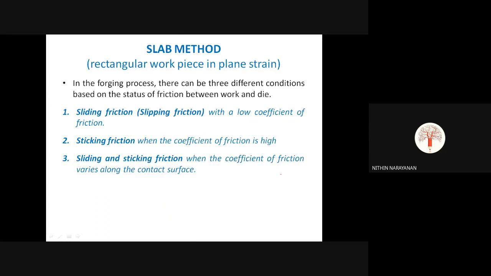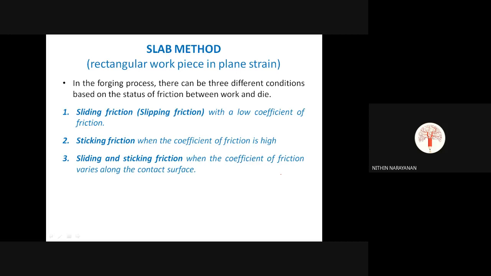Okay. So we have that final force balance equation, and after that we have taken 3 different conditions, because we got this equation based on the real situation. That is, whenever we are applying the load, the friction is coming into play. So based on that only we have generated that equation. Okay, so we got a particular equation based on that condition. So this shear stress produced and the movement of the grain flow all will depend on the amount of friction between the die material and the workpiece material, right?